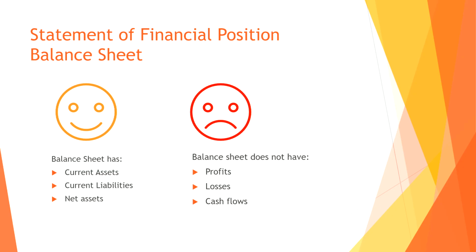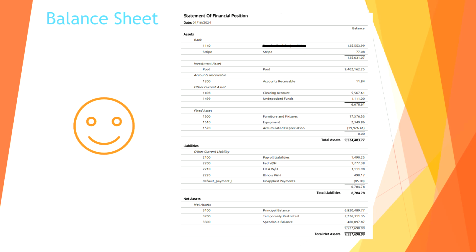We also require a balance sheet, which can also be referred to as a statement of financial position. This discloses what an entity owns, which is the assets, and what it owes, which is the liabilities, at any specific point in time. So this is not listing the profits, loss, cash flow, market value, things like that. We are looking at assets versus liabilities. So here's an example of the balance sheet. You see the date at top, statement of financial position, and then assets versus liabilities.